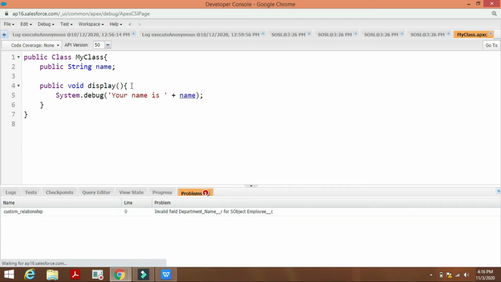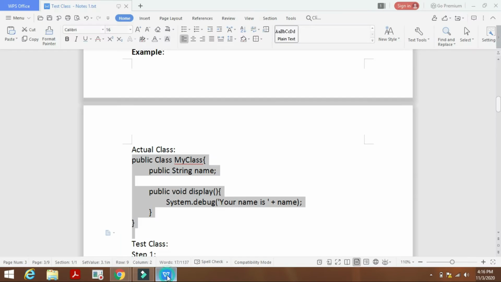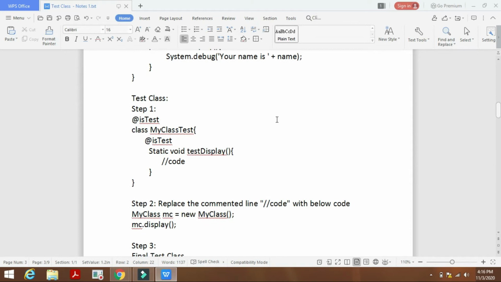So how do we write the test class for this class? Let's see here. There are some steps for this test class. Step 1: first we use the @isTest annotation, and then after the class keyword we give whichever test class name you want. Normally we append the word Test to the actual class name, so it will be easy to refer to the actual class from the test class.